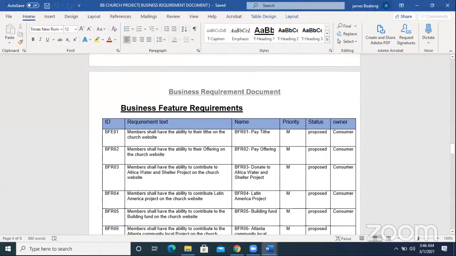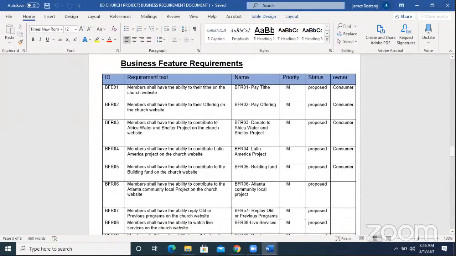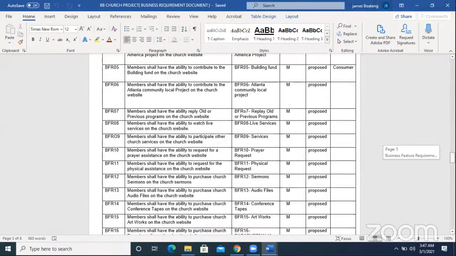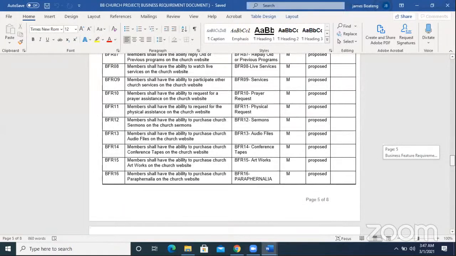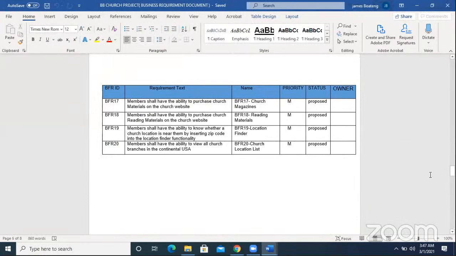And then these are all the business feature requirements that I put in the table. So each has an ID, a requirement text, a name, and then the priority, the status, and the owner. I put it in this form: that the members shall have the ability to pay their tithe, and this is the pay tithe. So this is how I tried to put it to make it look a little bit more professional, from what I saw from the document from the